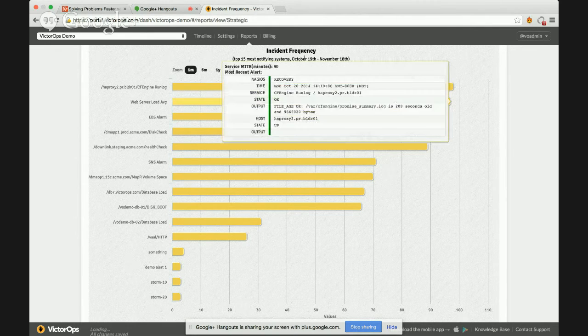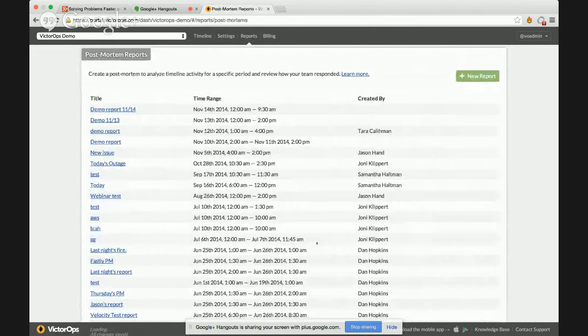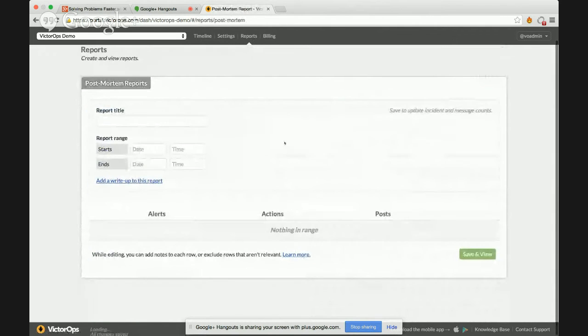All right. Now we'll just really quick highlight our post-mortem reports. These are really helpful in the wake of a huge incident or a firefight that you have going on. Being able to go back and take a look at the steps that were taken, the communication that happened, the alerts that came in, and present this to your larger organization, your team, or even to maintain a